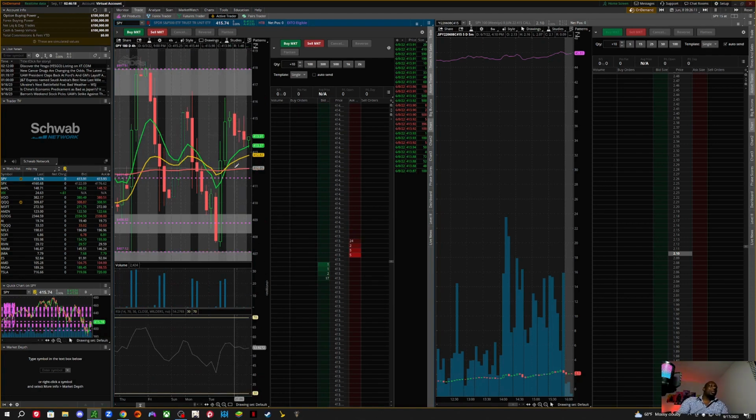I'm seeing it. Here's the 200 EMA at 411.98, theoretically 412. But what I'm noticing is it's not bouncing off 412. It's bouncing right here. Look at that. You see that white line that I created? It's almost everywhere. Bounce going up, bounce going up, bounce going up. So I'm like, okay, so somewhere around 412.50. So now we're looking for 412.50.